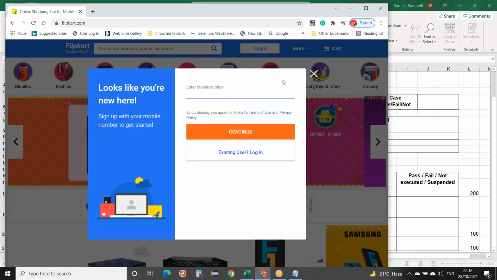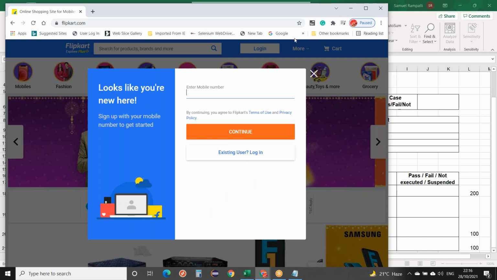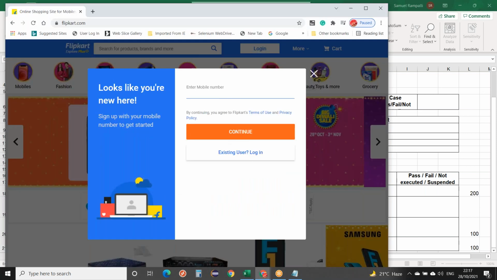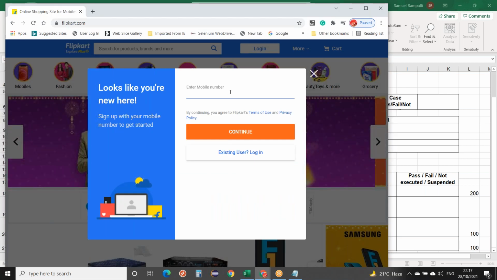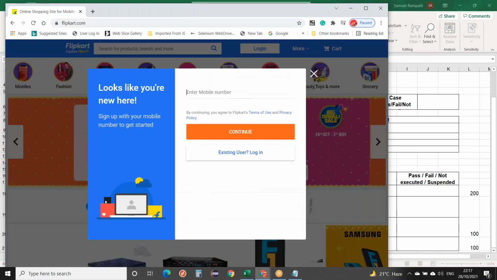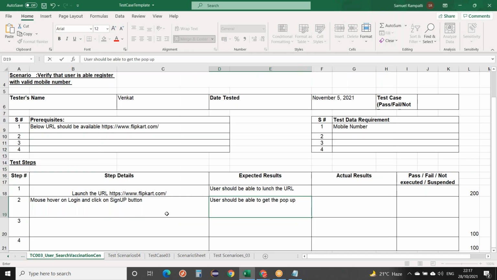So after the user clicks, the user should get the pop-up. Guys, you can write in your own language. There is no rule of writing, like there should be a "should" word. You can write that the user should be prompted with an alert, or the window should open. There is no rule about that.